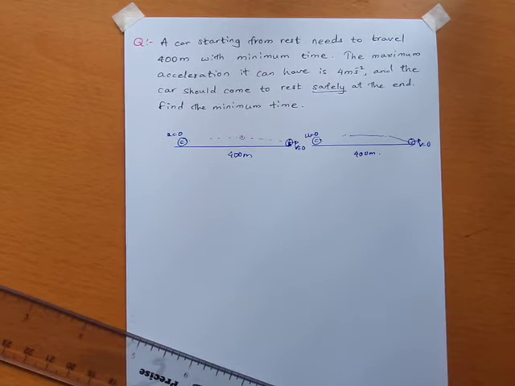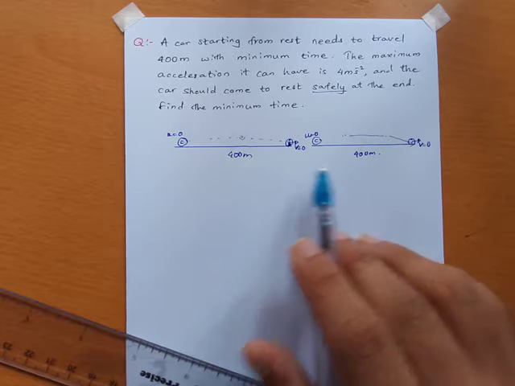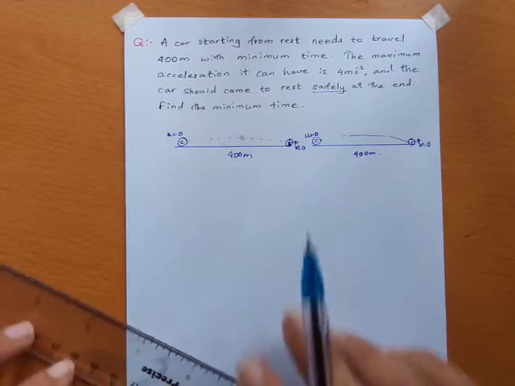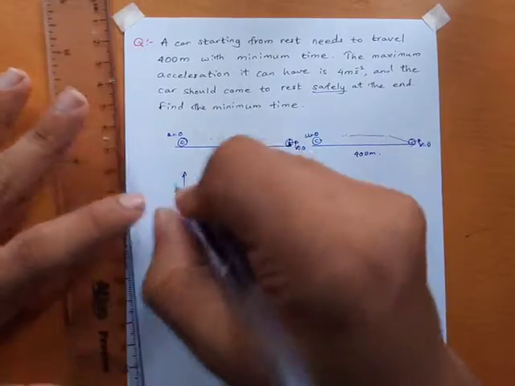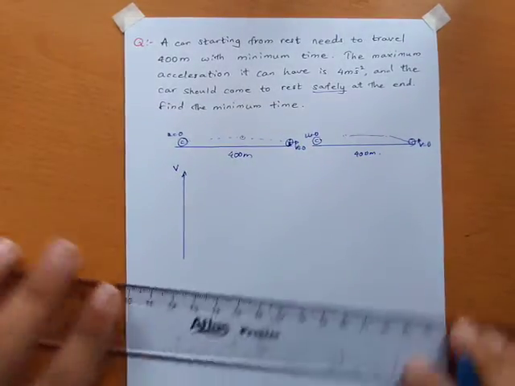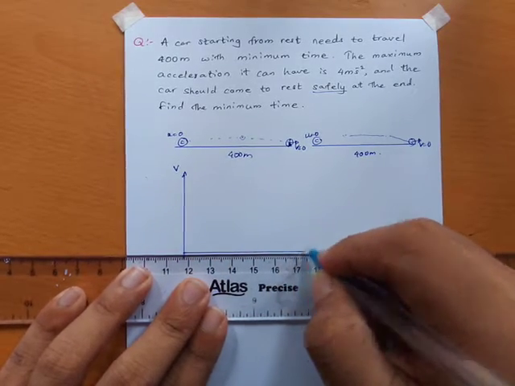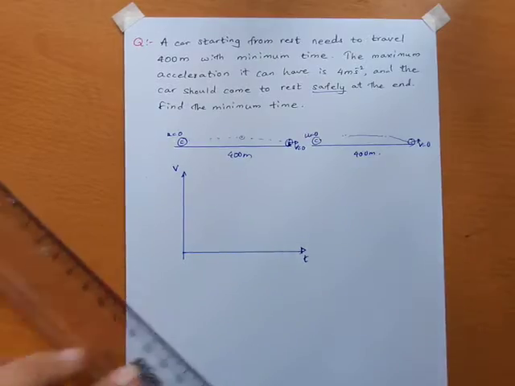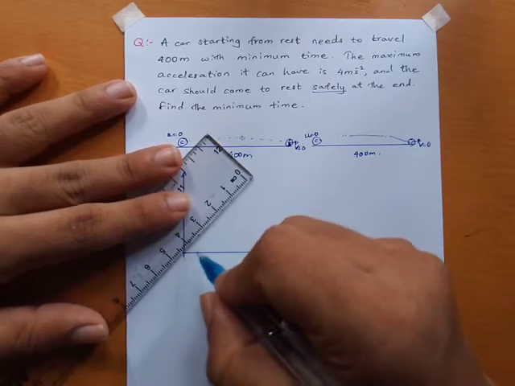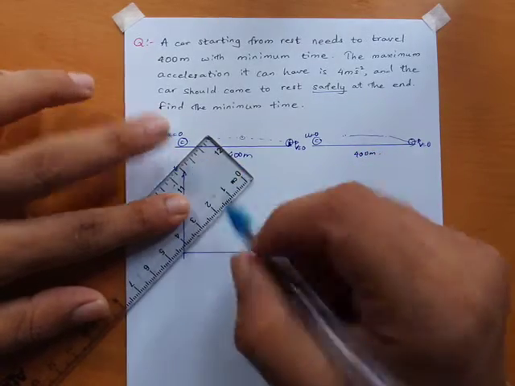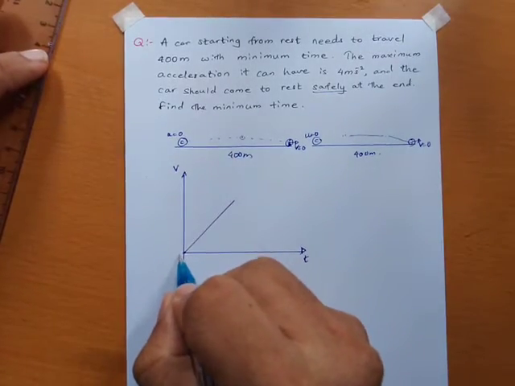For this I want to identify which gives the minimum time. So what I'm going to do is draw the corresponding VT graphs. First, draw for this one: velocity and this is the time axis. According to this motion, it will move with constant acceleration, which is the maximum, 4 m s^-2, starting from velocity 0, right?